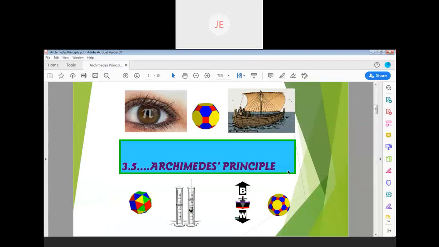It gives you the definition of a new force called buoyant force or upthrust force. Archimedes explains this new force when a body is immersed in a liquid, in a fluid. What happens? What forces act? And what is the behavior of the mass? All of this we will be discussing.